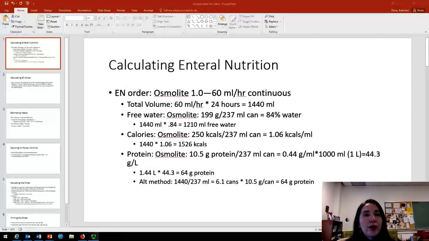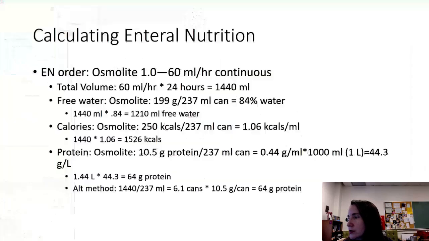Good morning. We are going to learn to calculate both what an enteral nutrition order provides and what someone should have, given case examples. In the first example, we see a patient who is on a tube feeding order of Osmolite 1.0, and the order says 60 mLs per hour continuous. It doesn't give you a route. This could be NG, OG, it could be through a PEG tube,